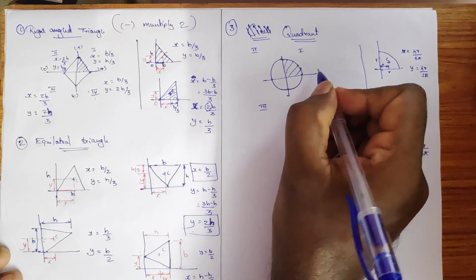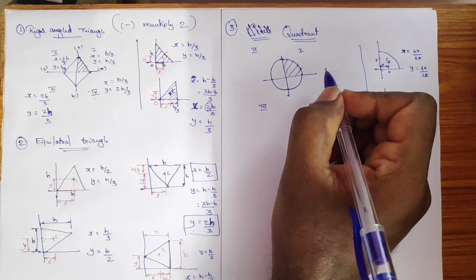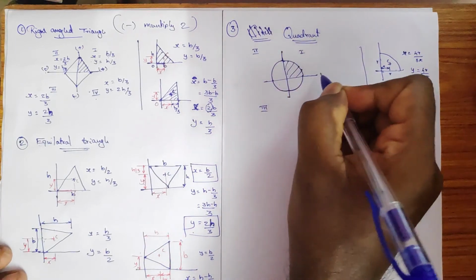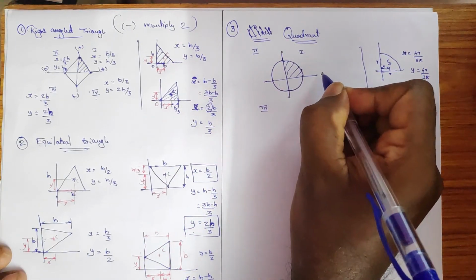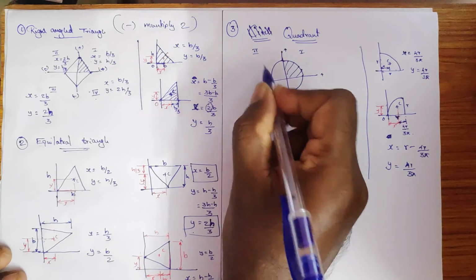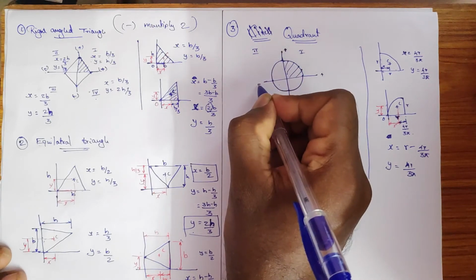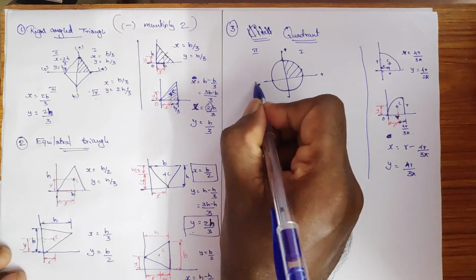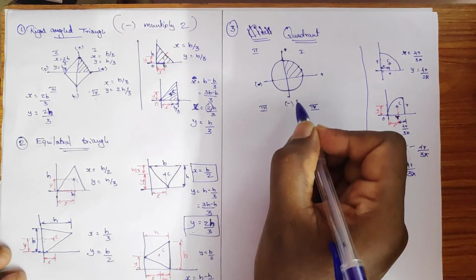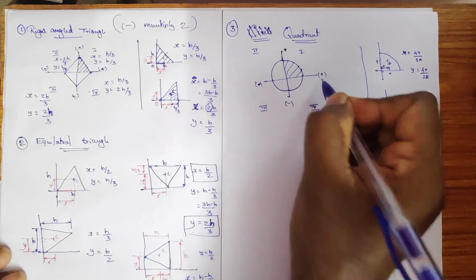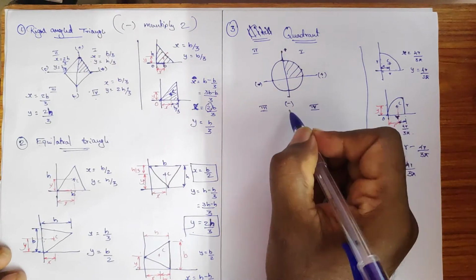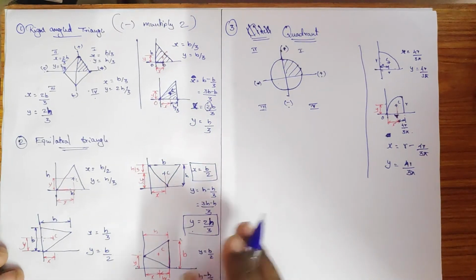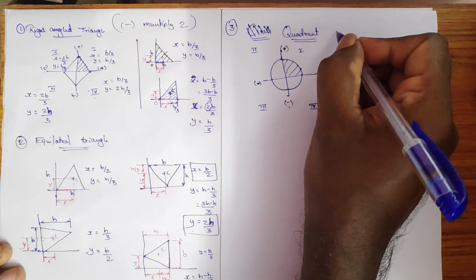So in order to get the formula by seeing the position itself, here is just a trick. If you take the first quadrant, x is positive and y is positive. For the second quadrant, the y axis is positive and the x axis is negative. For the third quadrant, the x axis is negative and the y axis is also negative. And for the fourth quadrant, the x axis is positive and the y axis is negative. Okay, keep it in your mind. So whenever you are coming across the negative,